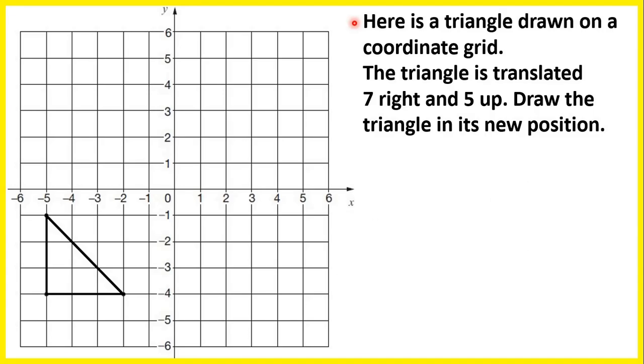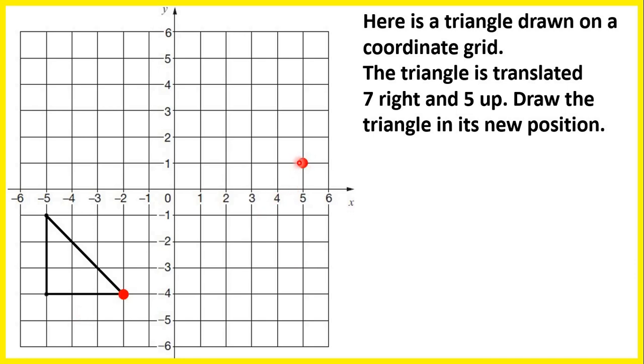Here is a triangle drawn on a coordinate grid. The triangle is translated 7 right and 5 up. Draw the triangle in its new position. So translated just means moved. So what we can do is find a point on the triangle that we have, and then we can count 7 squares to the right, then count 5 squares up, and that will give us the point on our translated